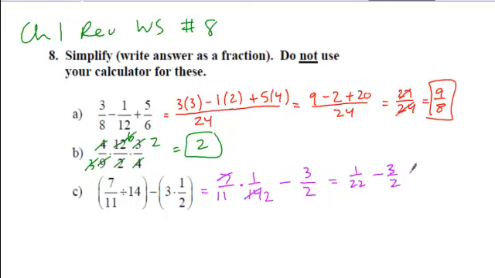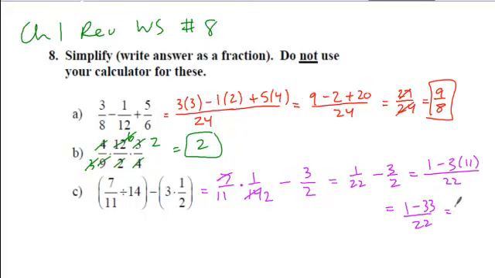When I look to combine these into a common denominator, my LCD will be 22. I have 1 times the, what do you multiply 22 by to get 22? Just 1, so you leave it as it is. Minus the next fraction's numerator 3 times what do you multiply 2 by to get 22? 11. And so when I simplify this, I get my solution 1 minus 33 over 22, and that simplifies to